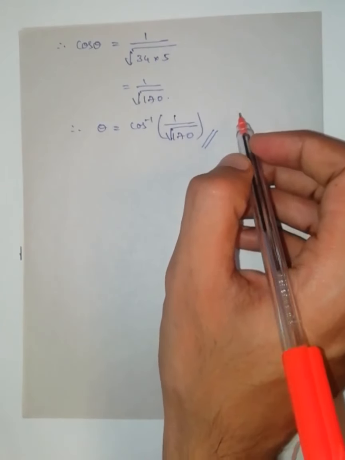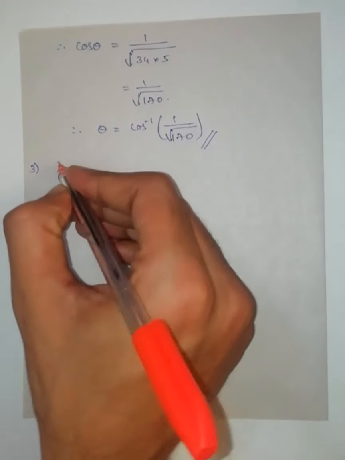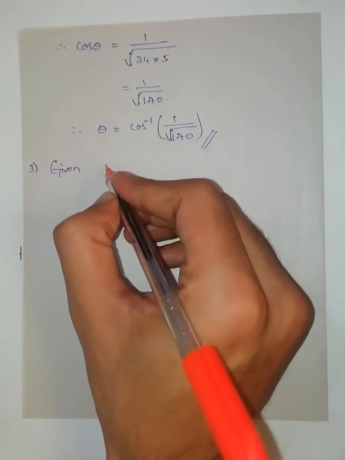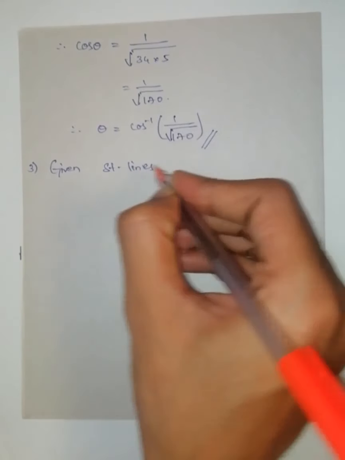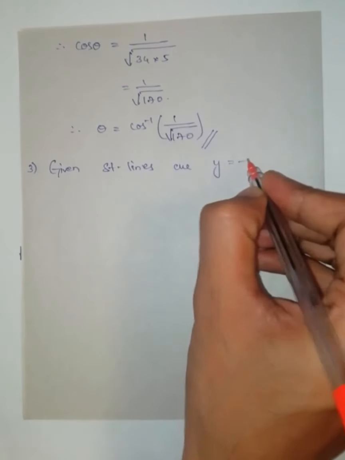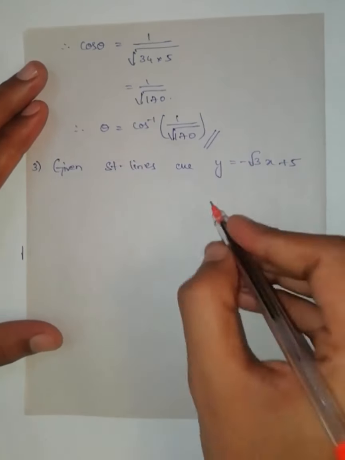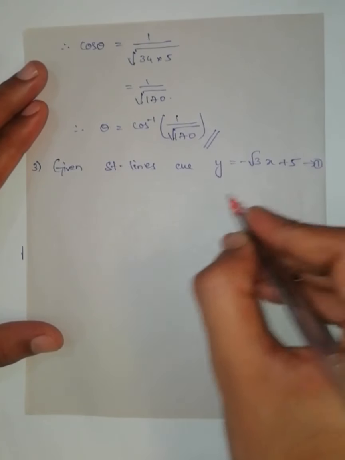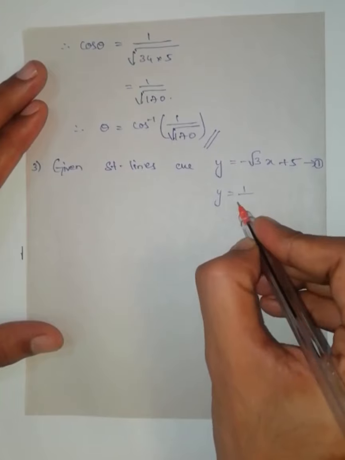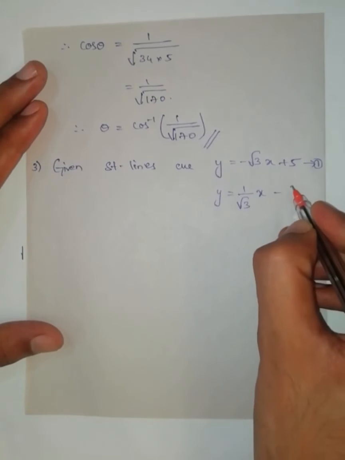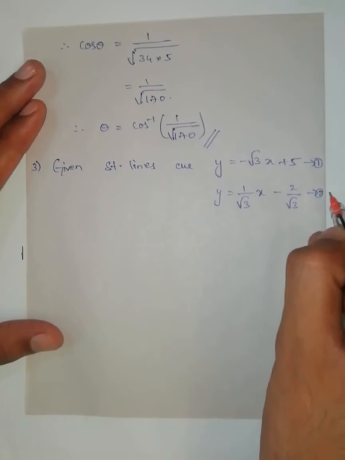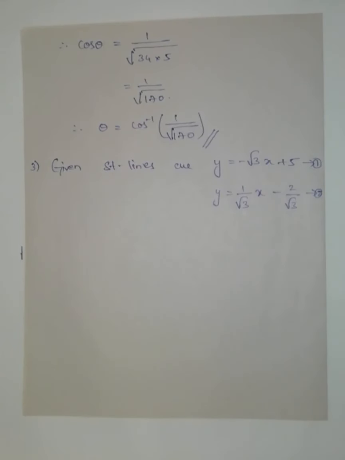Now I am going to solve the third one. Given straight lines are y is equal to minus root 3x plus 5, equation number 1, and the second one is y is equal to 1 by root 3 x minus 2 by root 3, equation number 2. Instead of using the formula I used in the above problem, I am going to use the other formula, that is using the slope, because